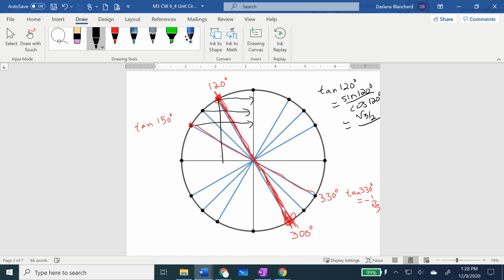The cosine is negative 1 over 2. The over 2's cancel, and I wind up getting negative the square root of 3. If I look at 300 and I do the tangent of 300,